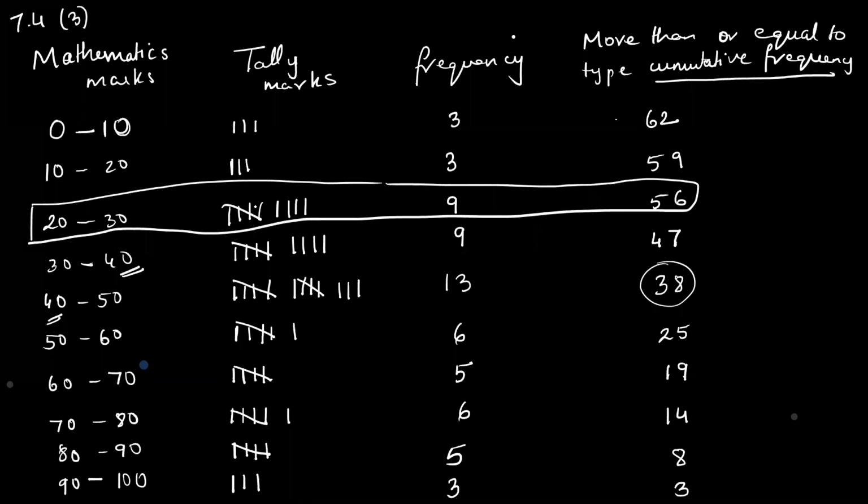Yes. So students, now if you all see, I have done one sum in which I have explained both the things to you all, less than type as well as more than type. Now, if you look at 7.4 question 1 and 2, both are activities and both have given you the frequencies. You just have to write the less than type and more than type. So I guess you all will be able to complete these tables also. So for now, I've given you all 3 tables as homework. So make sure to do 7.3 question 4, 7.4 question 1 and 2. And question 4 is omitted, so that is not required to be done.